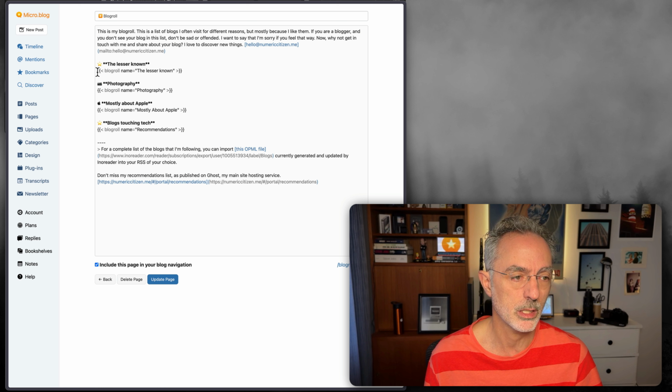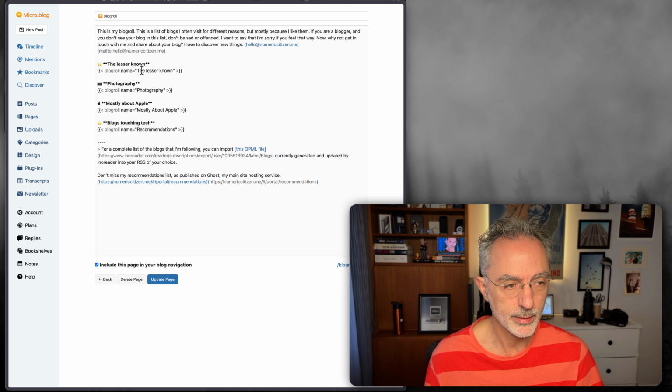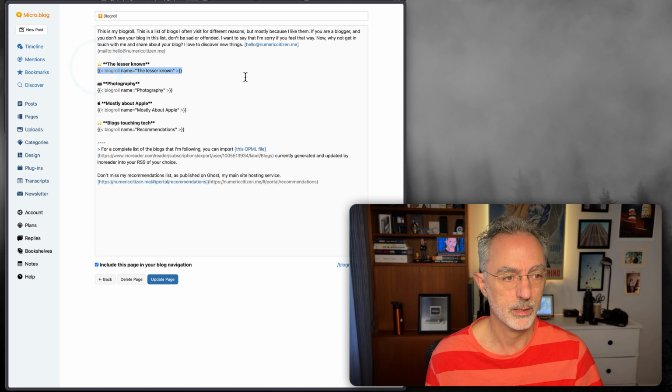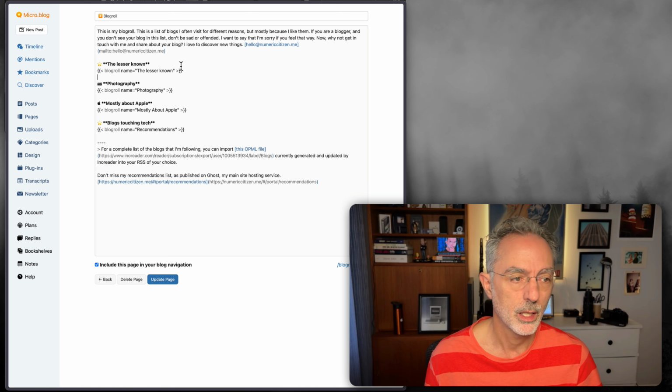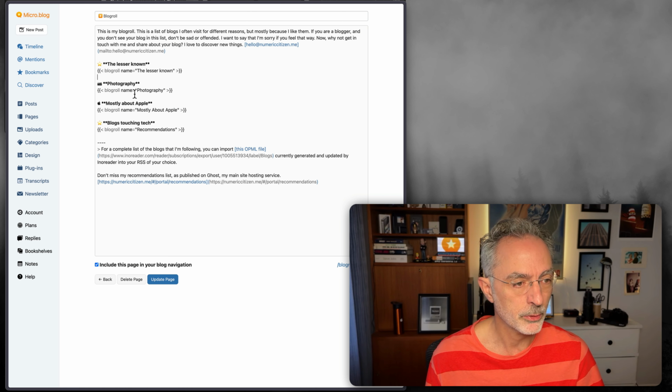and then to display a specific blogroll, you will use this shortcode here, where you first enter the name followed by an equal sign and the full blogroll name within quotes, and then you close this shortcode. And like this you have a way of displaying one specific blogroll. You can do that for all the blogrolls that you are creating, if this is something that you want to do.